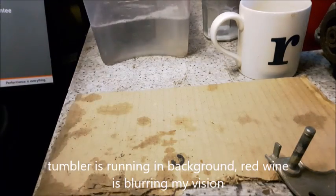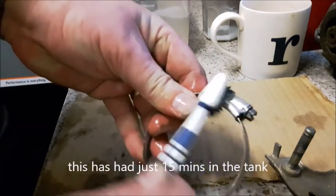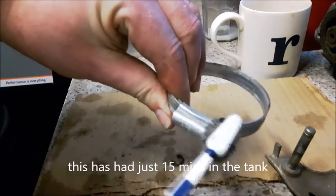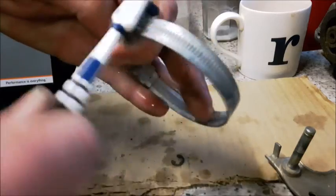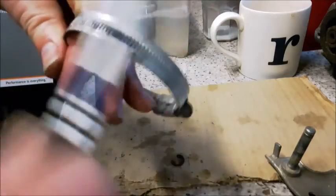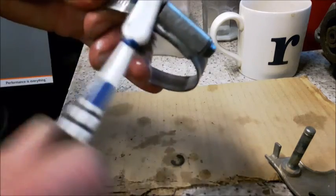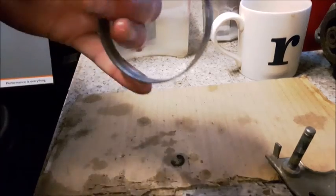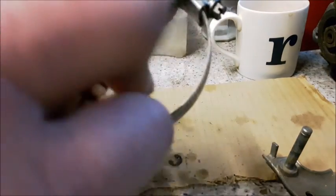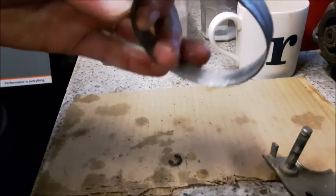Let's look at the Jubilee clip first of all. So again, it's just been in plain water just to get the acid neutralised. Probably need to have something more alkaline than that, because I've got quite a lot of vinegar. Let me turn this thing on. It's quite distracting. Right, okay, so it's coming up quite nicely there. Yeah, that Jubilee clip